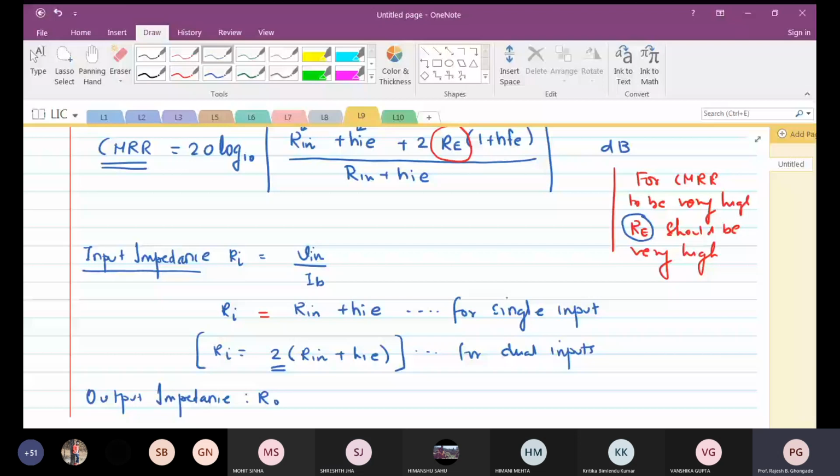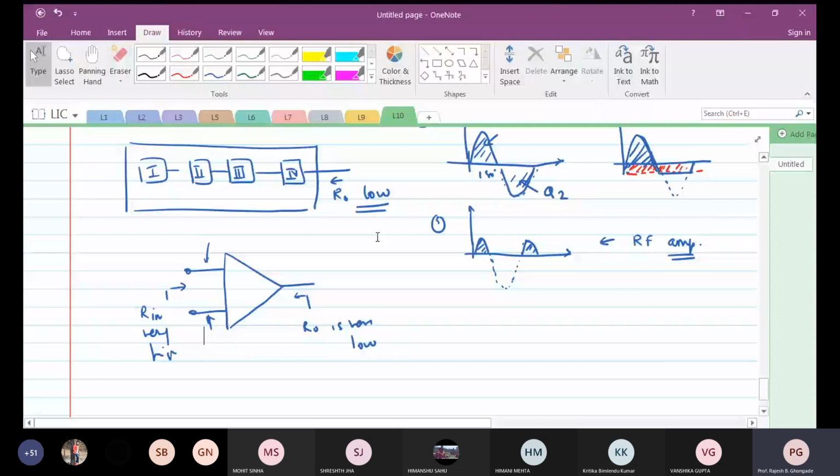So what we have done essentially is we have designed an amplifier with high input impedance, low output impedance and a very large gain. At the same time, we also said something about the differential mode gain and the common mode gain leading to CMRR. So because CMRR is also very high, this amplifier is capable of suppressing the noise signal which is common to both the inputs. So this completes the internal design of operational amplifier.